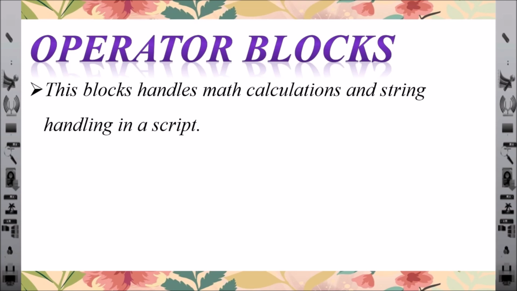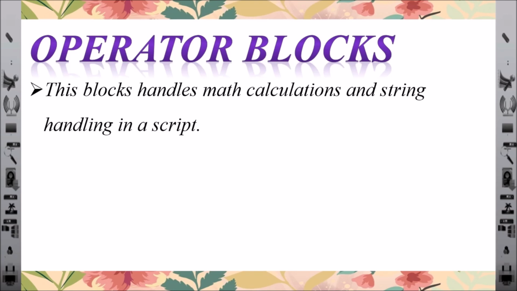Otherwise, you can apply string operations, that means string concatenation. If you add one or more strings by using this string concatenation process, you can apply it in your Scratch application program.